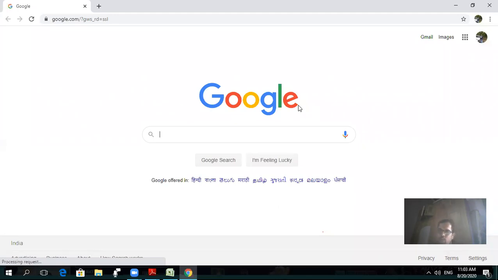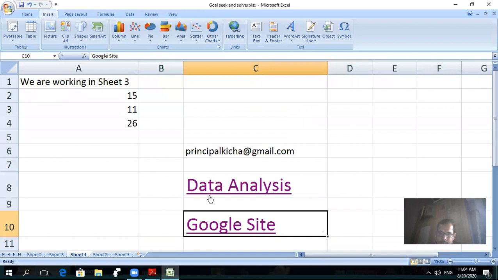That's why Google website is an absolute hyperlink, only for typing or linking your website or web pages, whereas a relative hyperlink is helpful to link any kind of file, either a document file, or maybe a PDF file, an image file, whatever. Any kind of file you can link with the relative hyperlink. Or absolute, you can link with only a web page. Web page means websites. Is it clear?